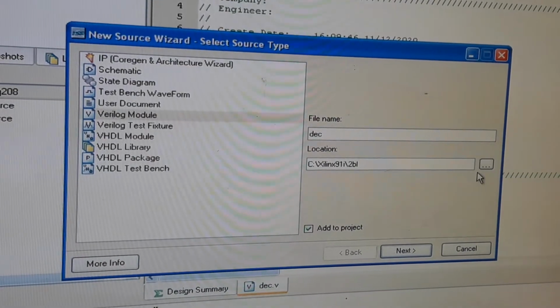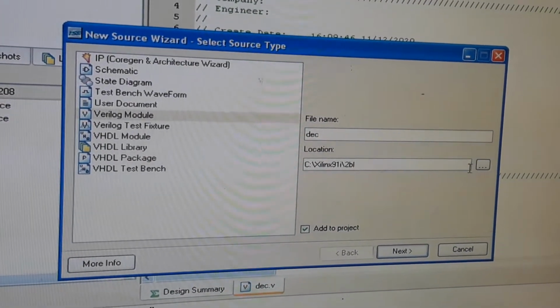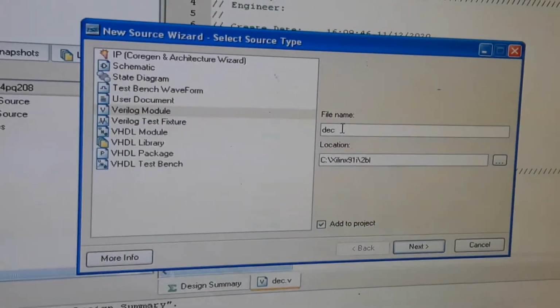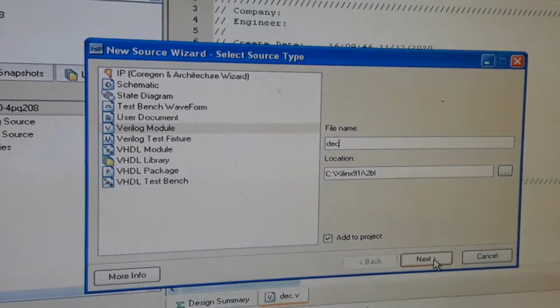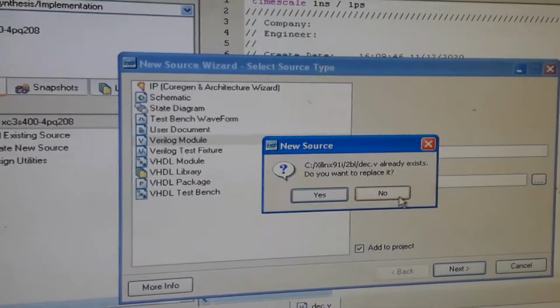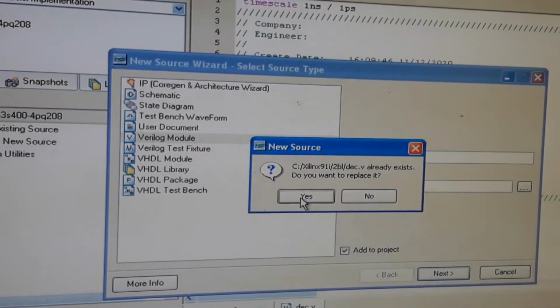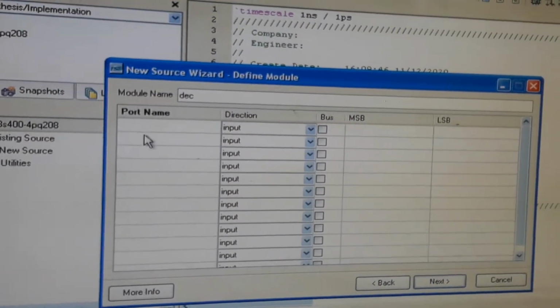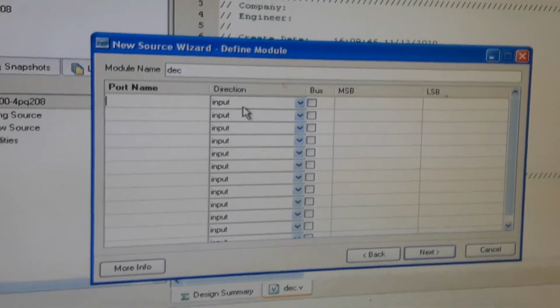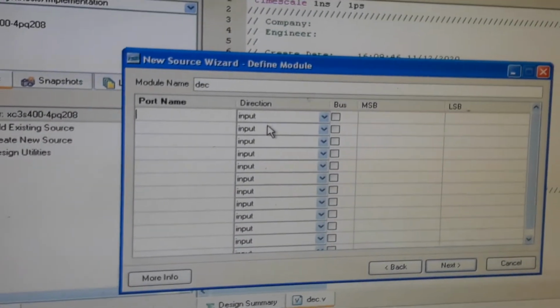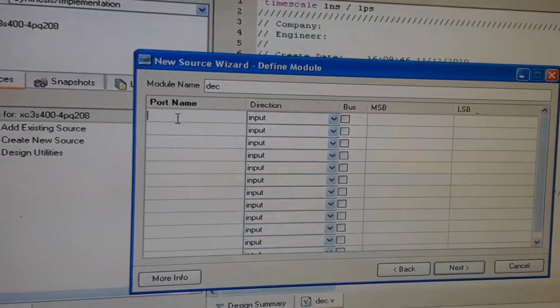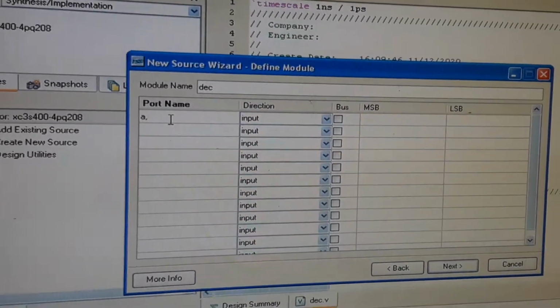Your program will be stored in that location. After setting these two properties, go for Next. This one already exists, because of that reason we are getting this message. Next we should set the inputs as well as the outputs. There are two inputs for the decoder, so we should provide A comma B.